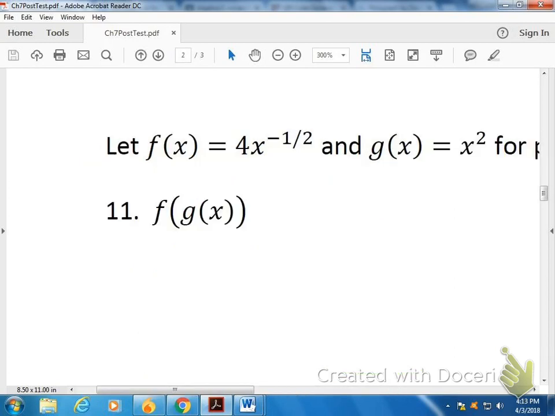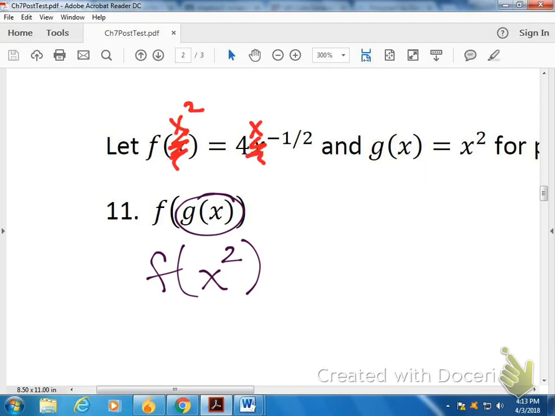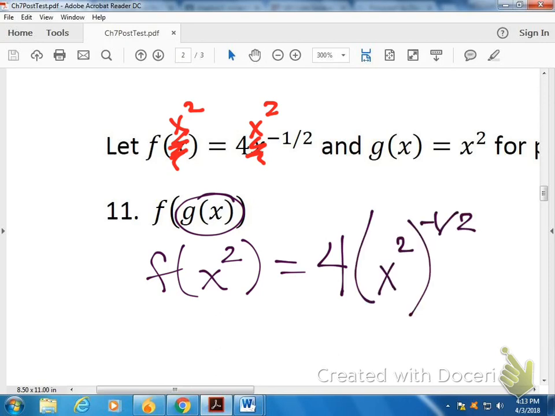With compositions, what we're going to do is completely replace g of x and put it into f's function on this one. So first step is realizing that g of x is the expression x squared. So instead of x now in f's function, we're now going to put x squared here. So this is going to look like, negative 4, or sorry, no, not negative 4. 4 times x squared to the negative 1/2,